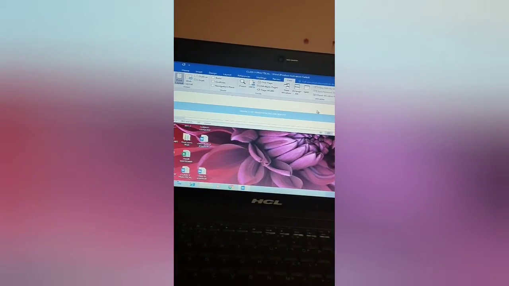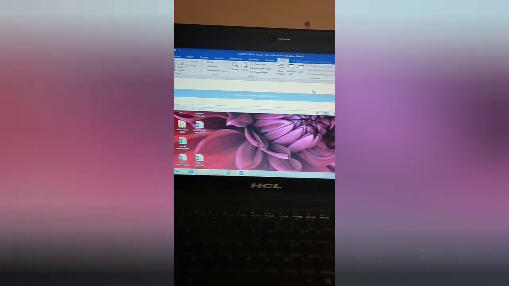Now I'm going to click arrange all. Yes, like this. Here you can see the 2 windows open at the same time. So with the help of arrange all, you can open multiple windows at the same time, and with this you can change your layout and set your alignment.